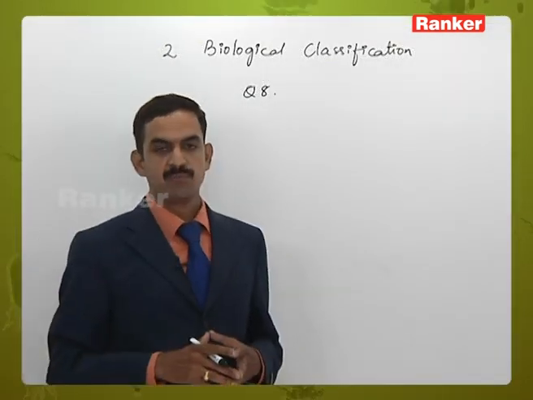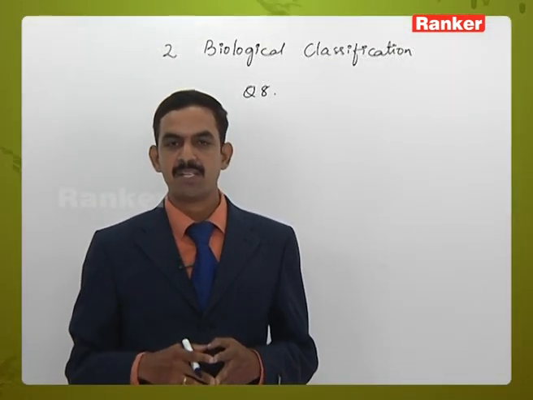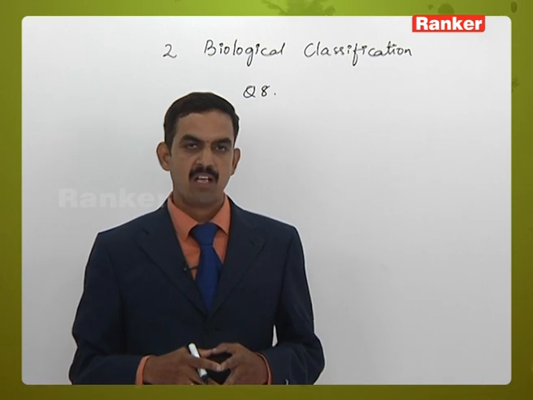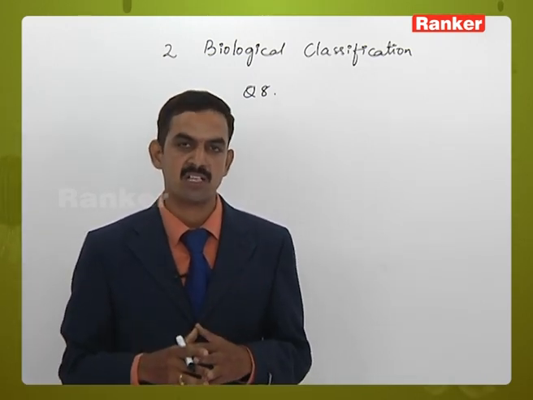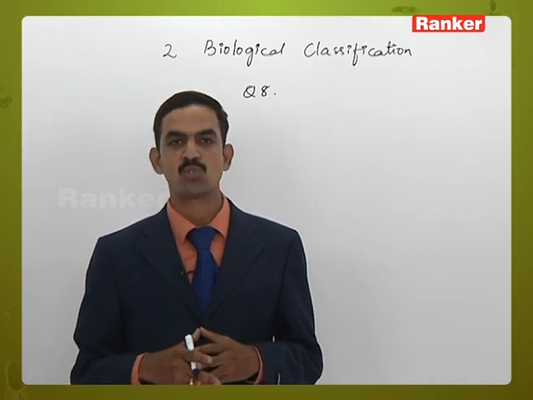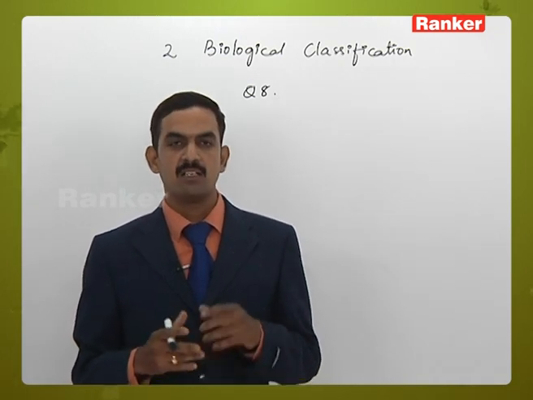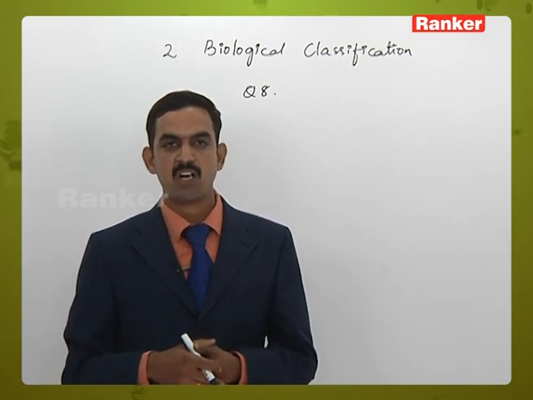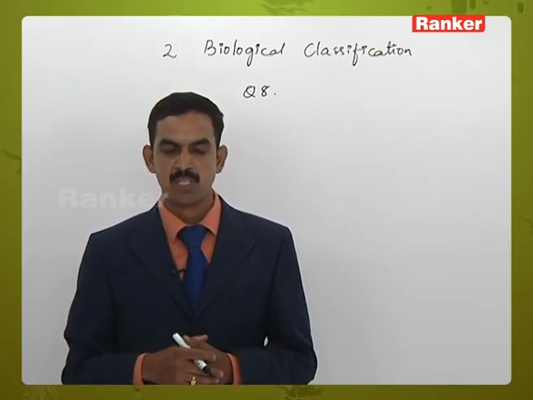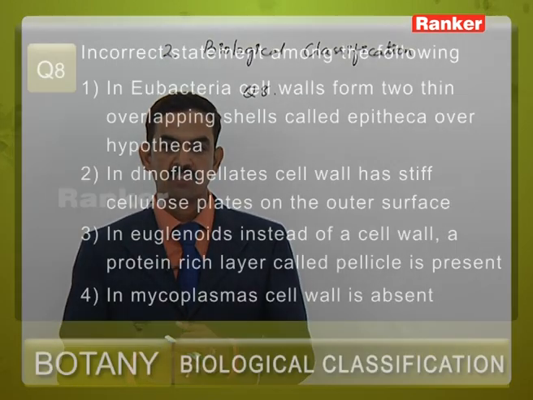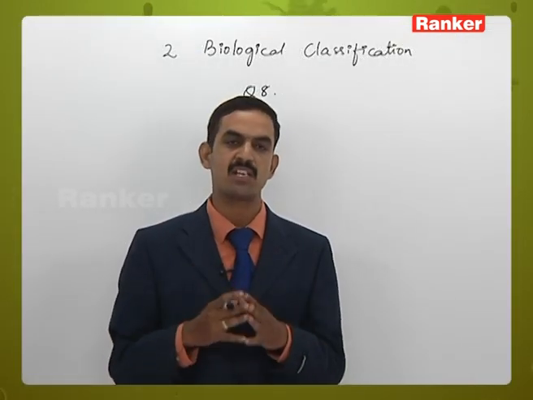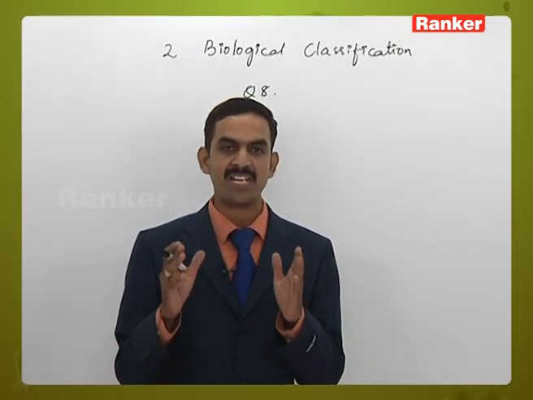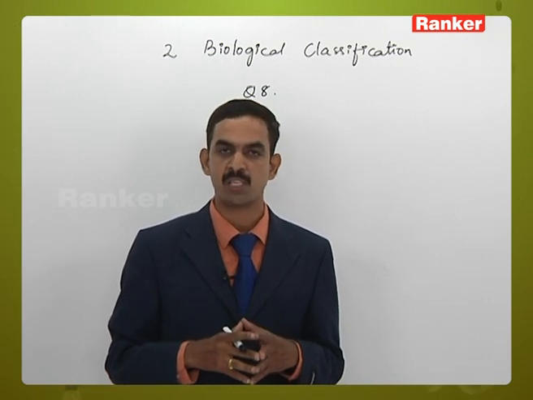In the first option, eubacteria containing epitheca and hypotheca has been given. Actually, epitheca and hypotheca, the overlapping structures, are present in diatoms, that is chrysophytes, and the epitheca and hypotheca are made up of silica also. So the first option is wrong. The second option, dinoflagellate cell wall has stiff cellulosic plates on the outer surface. So in dinoflagellates, the outer surface is very hard and it is made up of cellulosic plates,